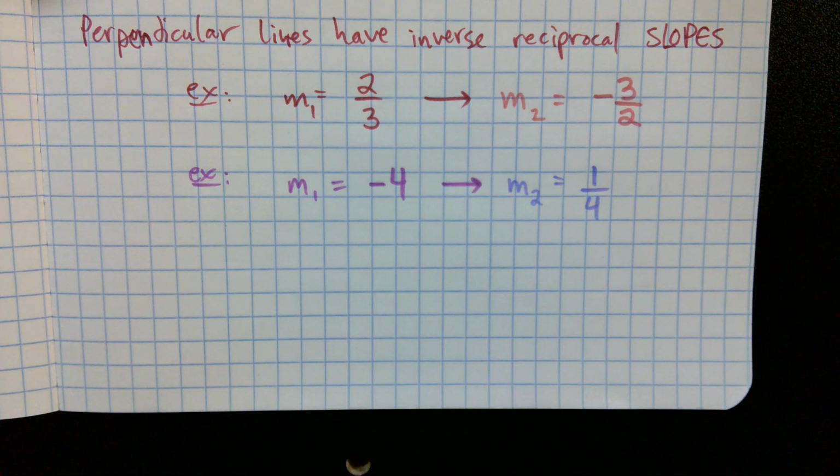2, Anthony? Would it be? Wait, you said the what? If my first slope is 2, what's the perpendicular slope to that? -1/2. Oh. Yeah, because we flip the 2 and the 1 and make a negative. Yeah, great job. What if I had